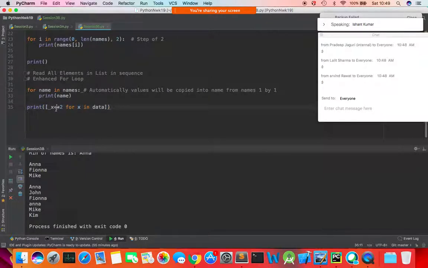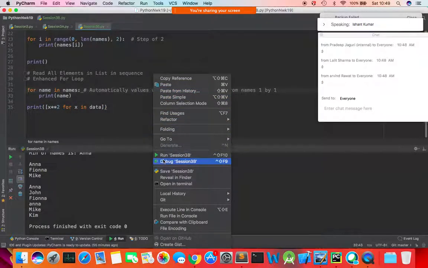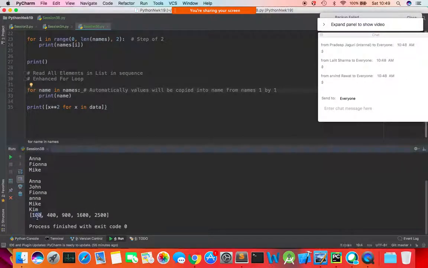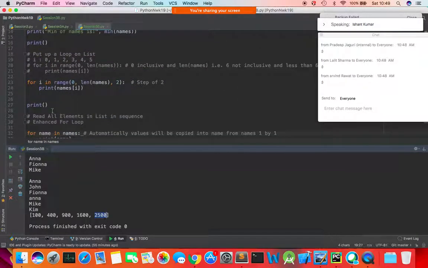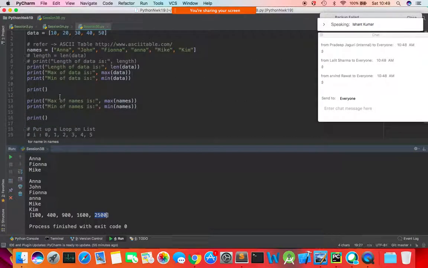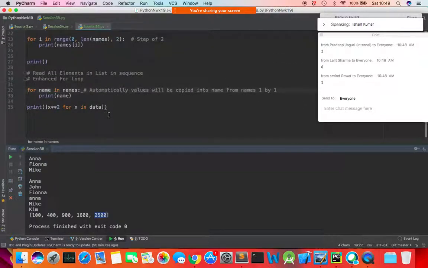So when you run this program, you get 100, 400, 900, 1600 and 2500. So what happened? 10 power 2, then 20 power 2, 30 power 2, 40 power 2 and 50 power 2. So you created a new list with one single line of operation. So you can mention your operation and proceed accordingly to generate a new list. This is what we call list comprehension